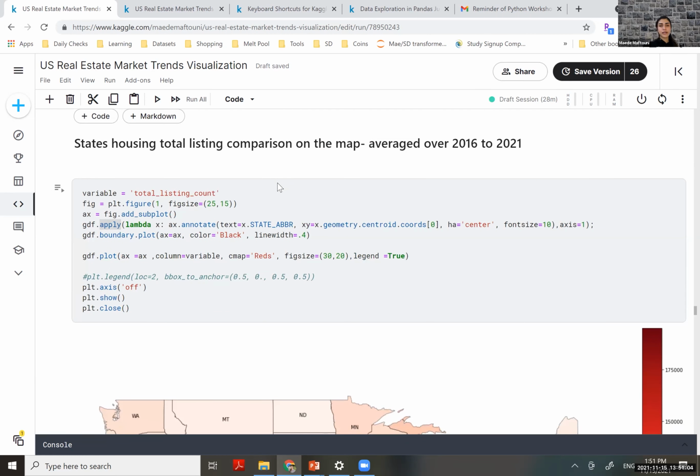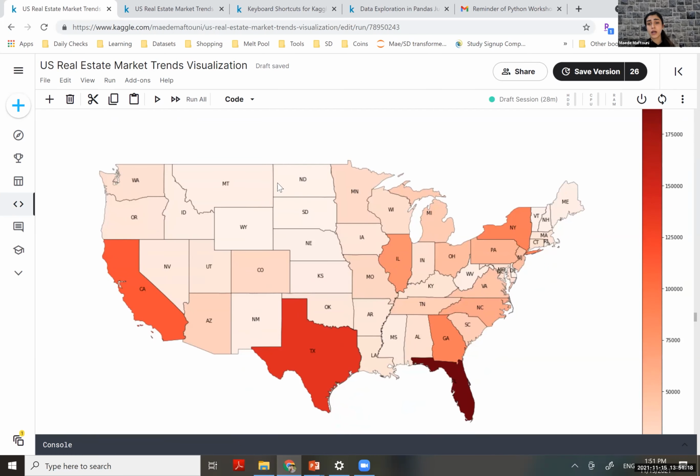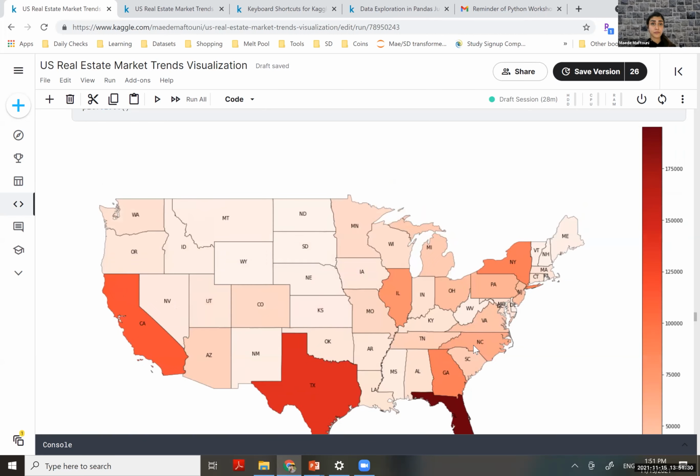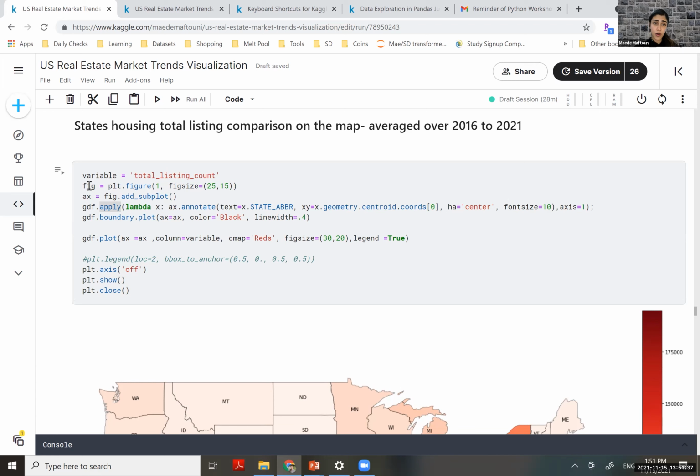So you can plot different columns over the map. For example, here is the state housing total listing comparison. You can see Florida has had the most number of listings because it is the darkest. And Texas follows it, then California, New York and Georgia. So to do that, first of all, you need to